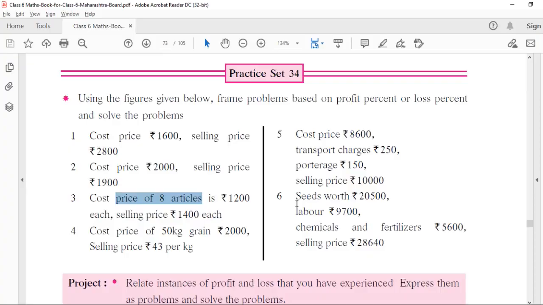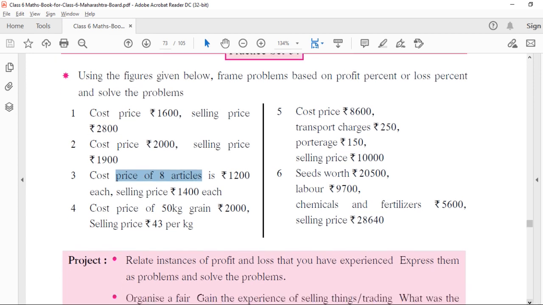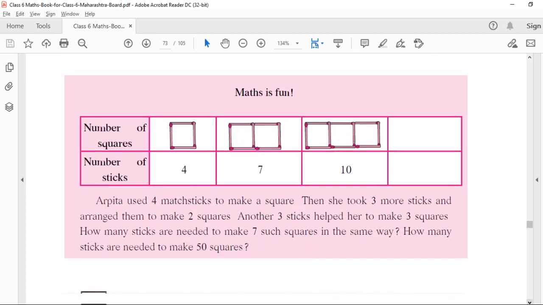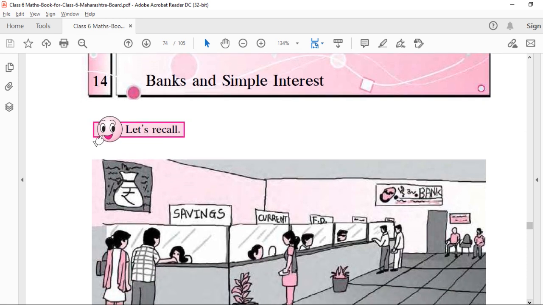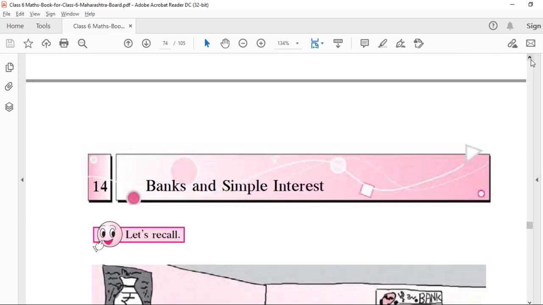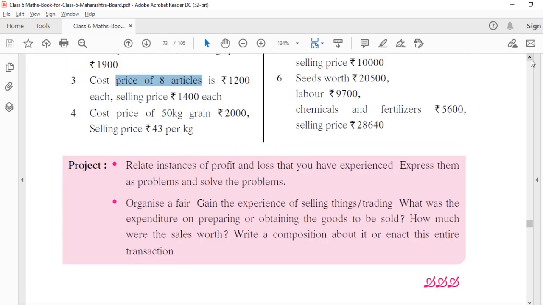Okay, so with this we have completed our chapter profit or loss. In our next video lecture we will be starting with the next chapter, which is bank and simple interest. I hope you guys have understood what we have learned,